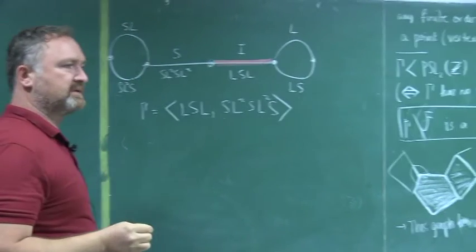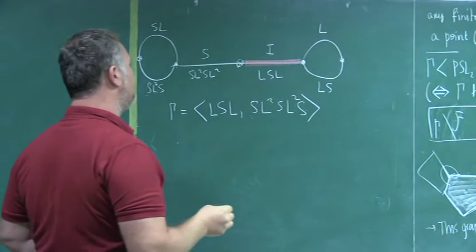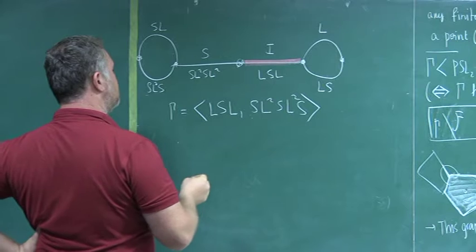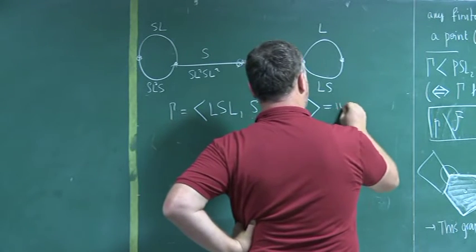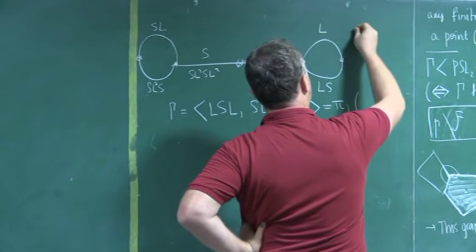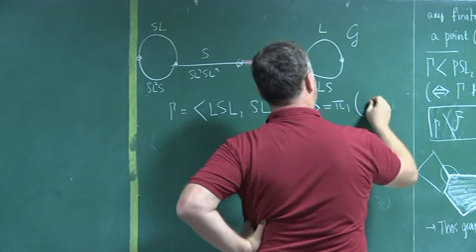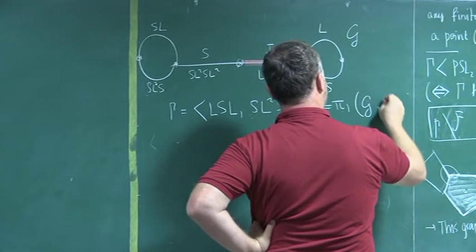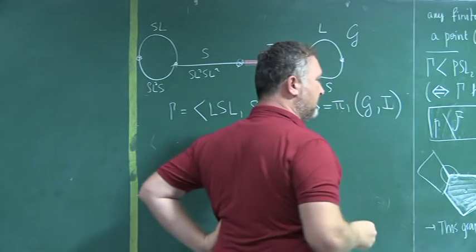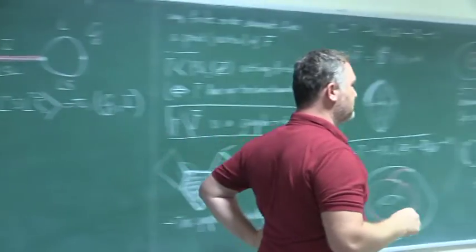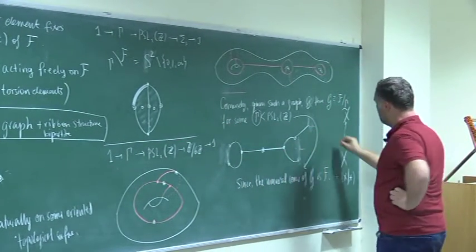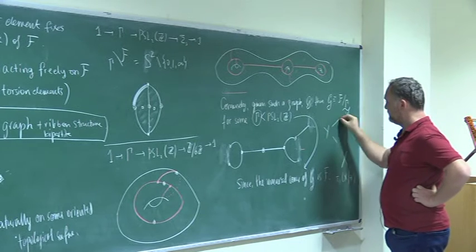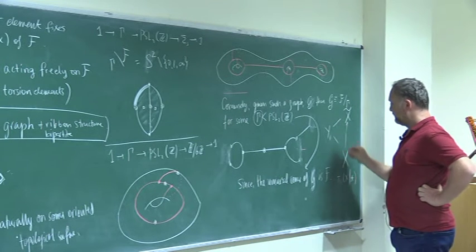I hope that this is clear. So we can, in fact, say that this is precisely the fundamental group of, if I call this G, this is the fundamental group of G based at I. Again, I repeat, this is the usual construction from topology, where you have some intermediate cover with a base point,